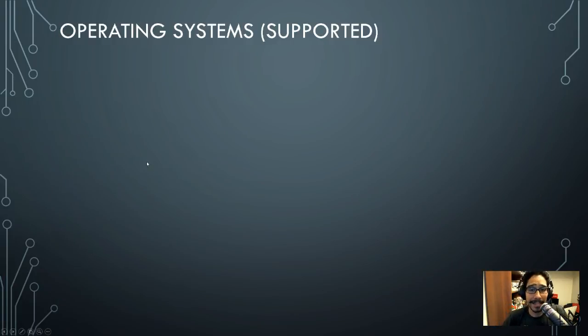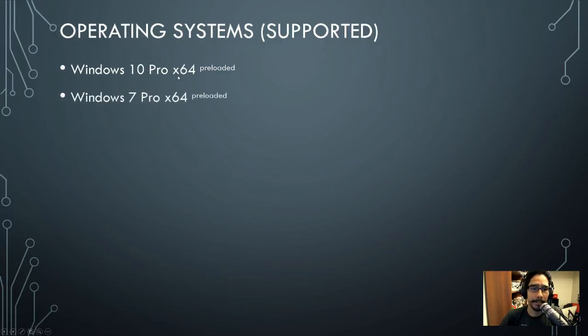Now, the operating systems that this particular machine supports. Windows 10 Pro 64-bit, you could get it preloaded when you're purchasing it or when you're customizing it. Windows 7 Pro, they actually give you an option to do Windows 7 Pro. And I'm kind of disappointed that they give you Windows 10 DG. DG is the device guard. I mean, Windows 10 automatically should be